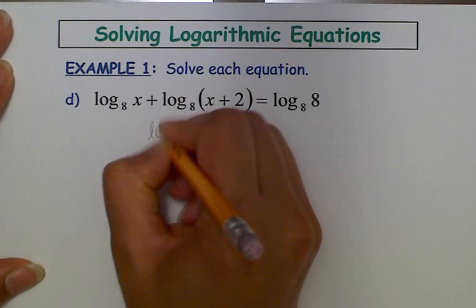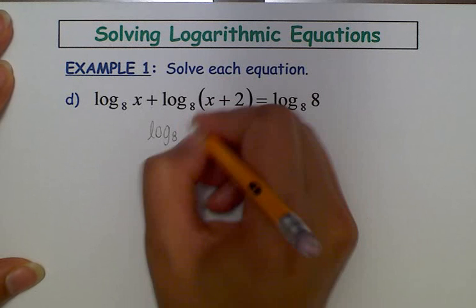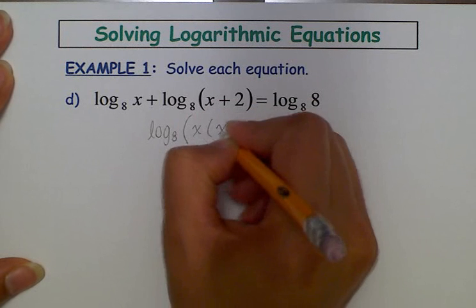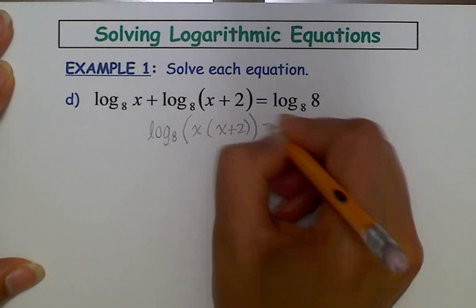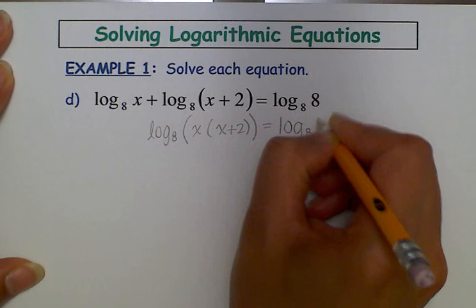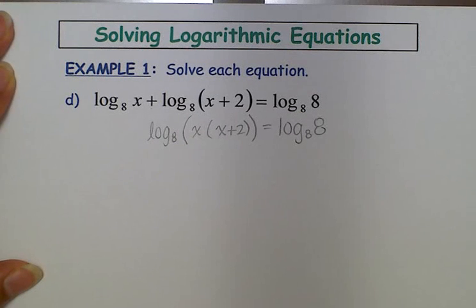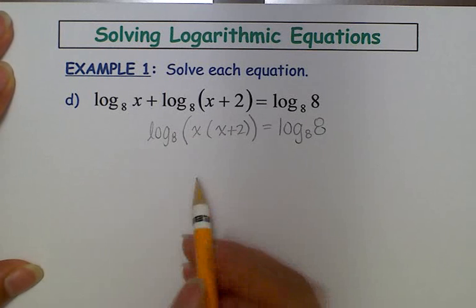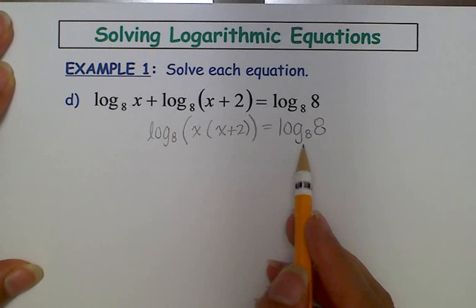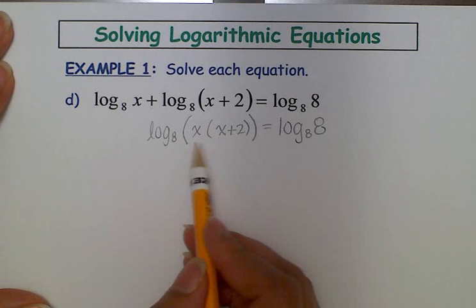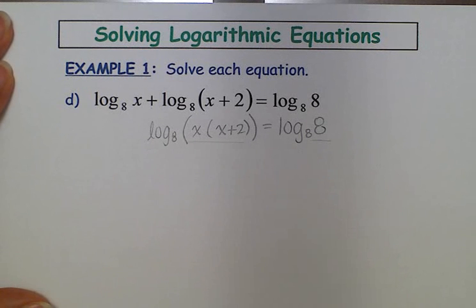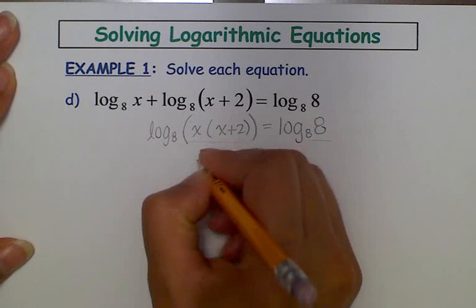So I have log base 8 of x times (x plus 2) equals log base 8 of 8. Okay, so if I have a single logarithm on the left equal to a single logarithm on the right, and both the bases of the logarithms are the same, then that implies that the two expressions that I have as part of the logarithms must be equal to each other. So, in other words, I have x times (x plus 2)